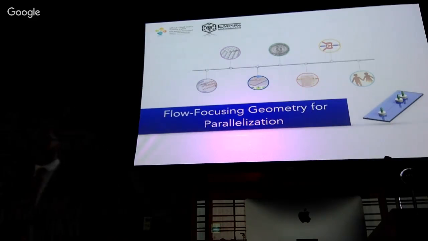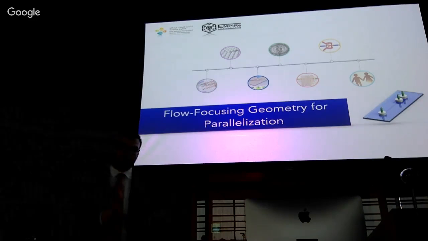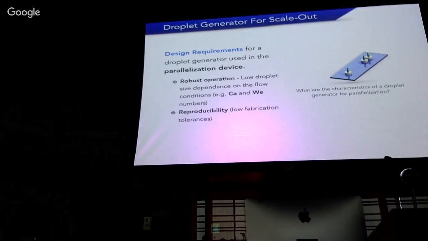So now that you know all the problems that you may face doing this parallelization, let me explain how I arrived at the solution that I showed you. And first, we have to design or look for a droplet generator that is optimum for parallelization for this type of scale-out approach. So what will be the requirements of this droplet generator? You have two main requirements. One is that the droplet size should be robust to slight pressure changes in the flow. And the second one is that you need to find a process in which you can replicate many